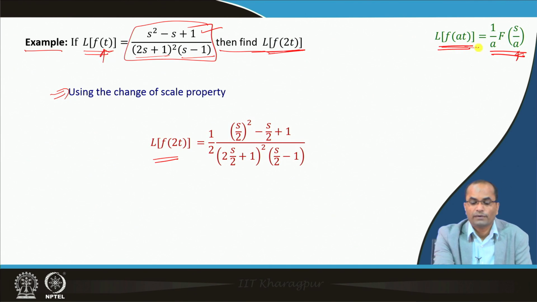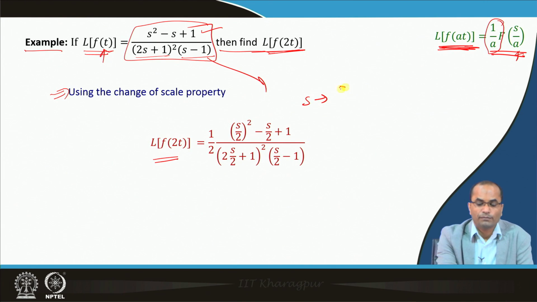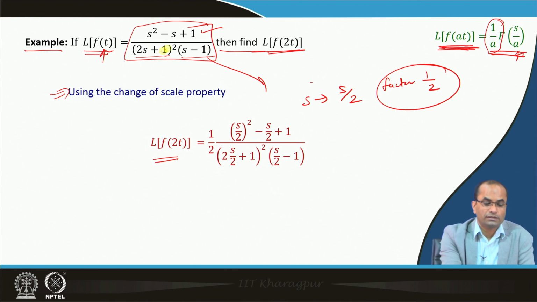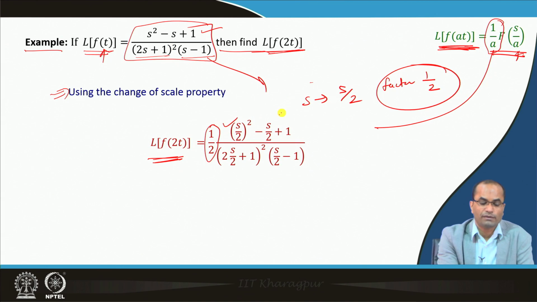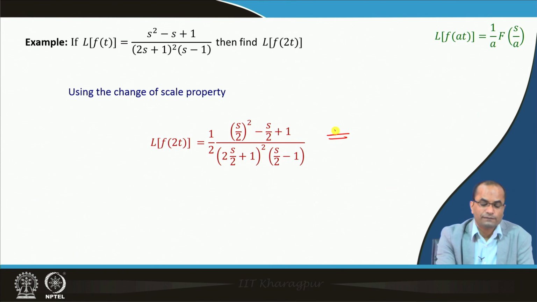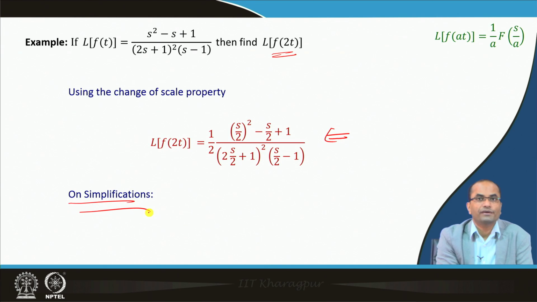Just applying this result directly, s will be replaced by s by 2, and there will be a factor sitting outside as 1 by 2. So, the Laplace of f(2t) will be 1 by 2, this factor 1 by a coming, and then s is replaced by s by 2, so s by 2 squared, then s by 2 plus 1 and s by 2 minus 1. So, we have directly applied this result to get f(2t),